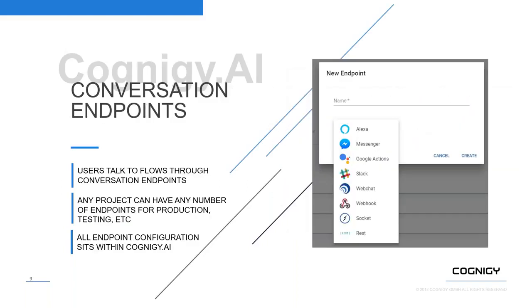The next concept is somewhat technical, but no less important, probably even more important, because what this allows you to do is it allows you to spawn so-called endpoints. Endpoints are endpoints that the channels your users come through talk to. So we would have Alexa, Messenger, Google Actions, or a number of other endpoints, and we are constantly expanding those. And the nice thing is that you can use this for deployment, meaning that, for example, if you're developing an Alexa skill, you could have two Alexa endpoints. One is your live endpoint, and your live skill that's in the Alexa store is linking to that one, and maybe that links to flow version 10.